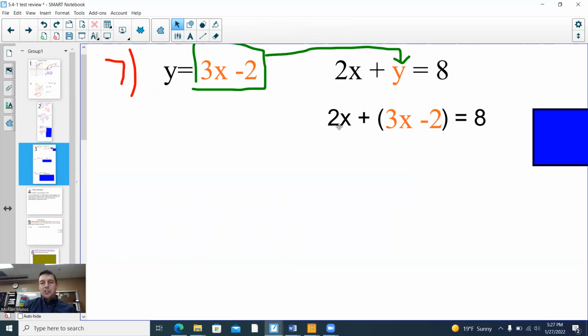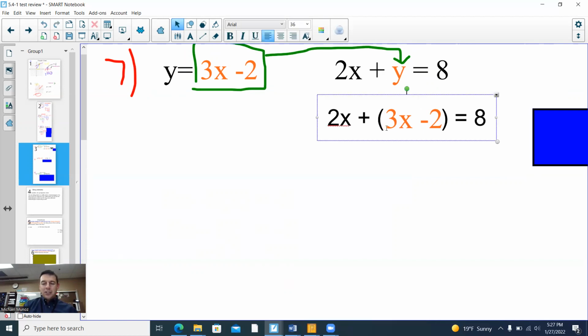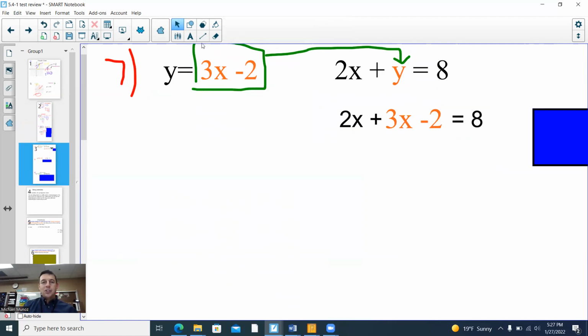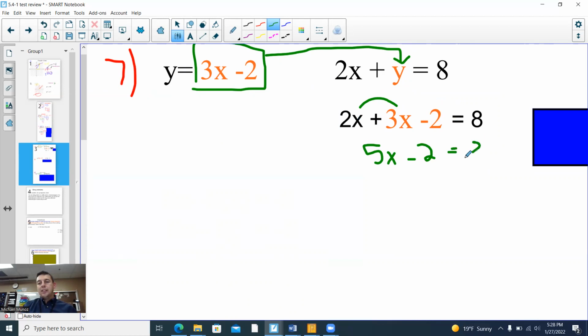So now my new equation says 2x plus 3x minus 2 equals 8. I don't actually need these parentheses in here. They help at first, but now that I'm not going to use them, I can remove them. And then I can just solve the equation. I got to combine what I can on one side of the equation. So I can add 3 plus 2. They're both positive, so I'll get a 5x minus 2 equals 8. Then I'm going to divide by 5 eventually, but first I got to get rid of this minus 2 by adding 2,